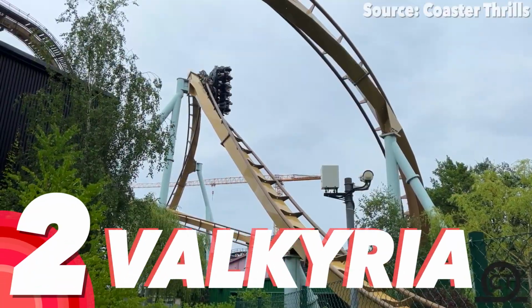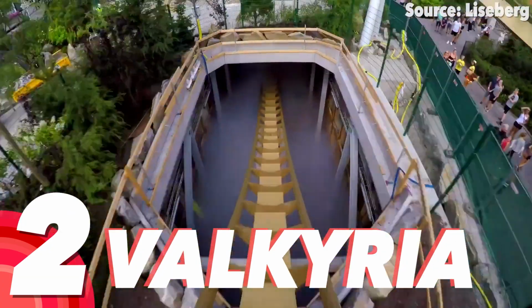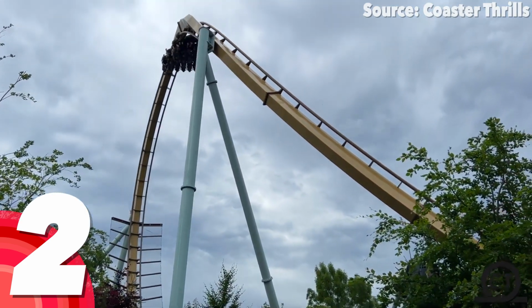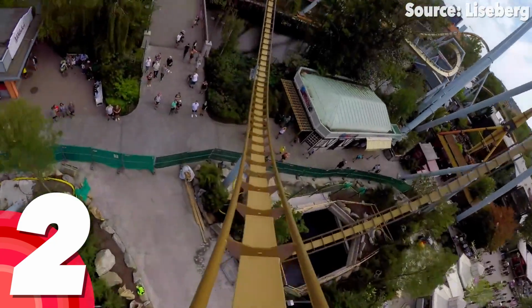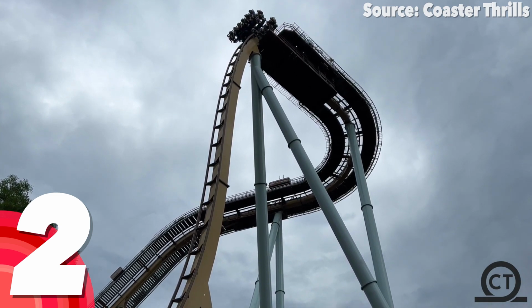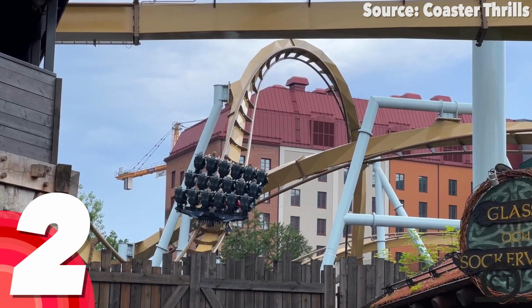Number 2, Valkyria. Get those Viking hats on and those axes at the ready, as despite this Viking-inspired adventure being pretty short, it is definitely one of the best and most scariest 30 seconds of your lives, because whether hanging over the edge of its 51-foot plummet, which will then drop you straight into the ground, flying through its 3